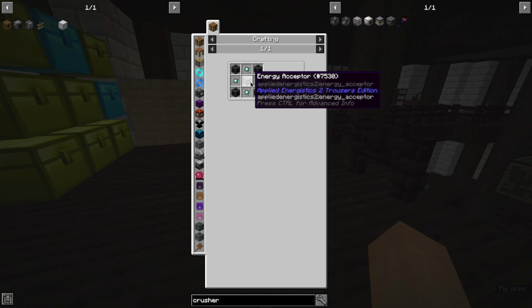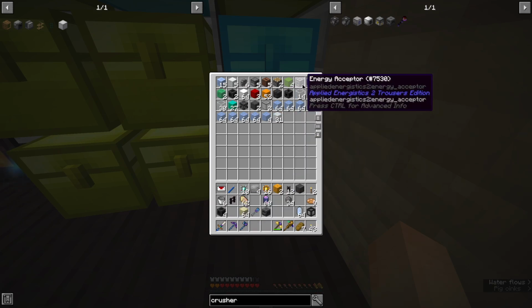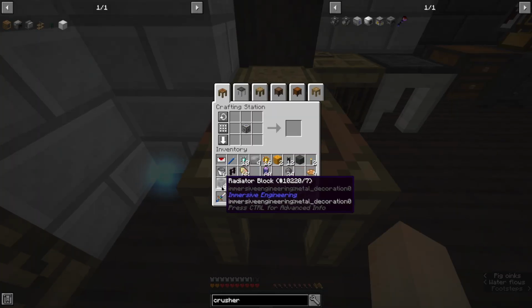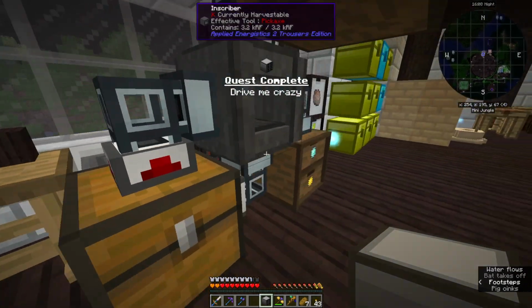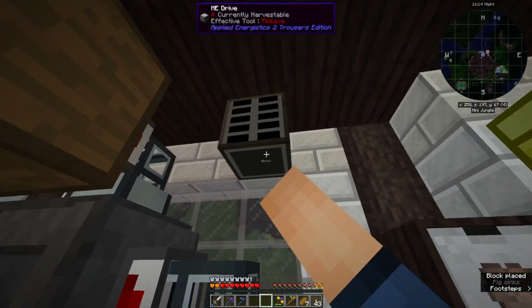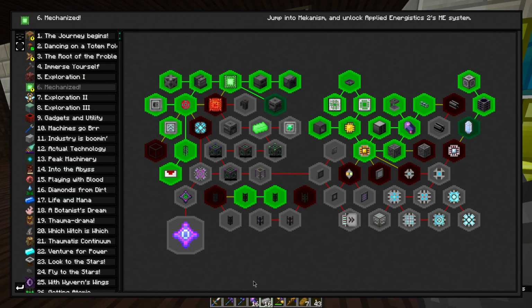So to make our ME drive, we need an energy acceptor, 4 radiator blocks, which I don't think we have 4 of. We have 6. Awesome. And we do have an energy acceptor sitting in here. We have energy acceptor, 4 radiator blocks, and 4 of these engineering processors. Give us an ME drive. I like that. Where can I place this? Nowhere at the moment, apparently. And we'll stick it right there. Okay, that gives me... I'll take the fluid crystal. Oh, it gives me both. Okay, I'll take that. So, our next step is...